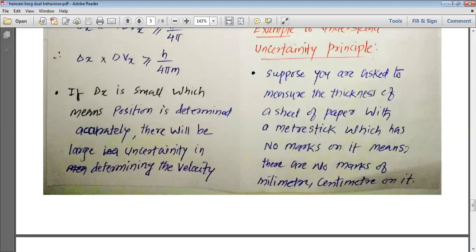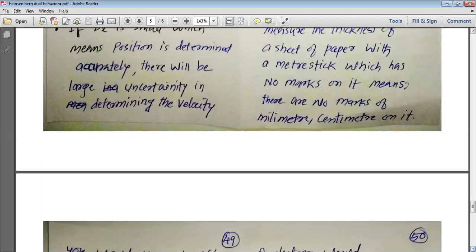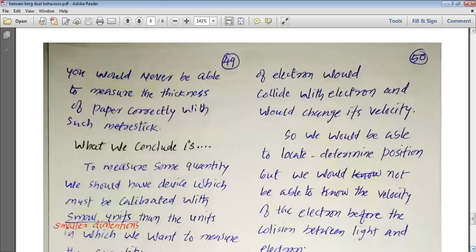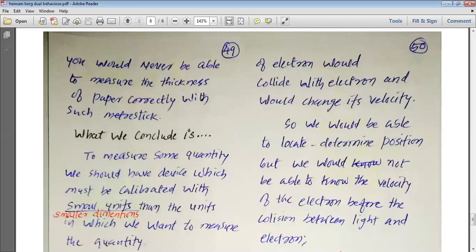So a sheet of paper with a meter stick which has no marks on it, meaning there are no marks of millimeter or centimeter on it, you would never be able to measure the thickness of paper correctly with such a meter stick. The same thing